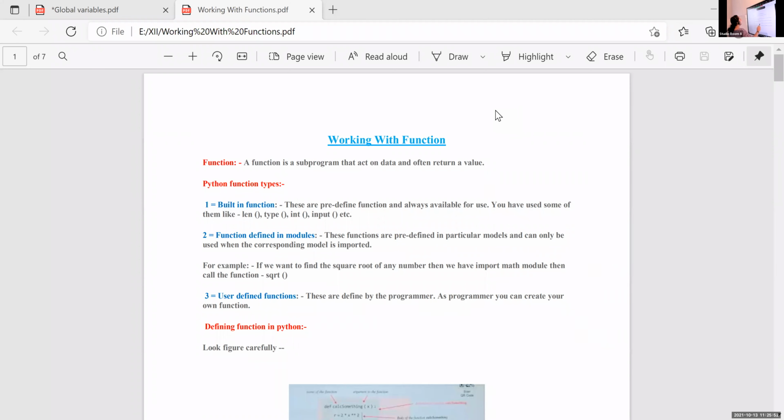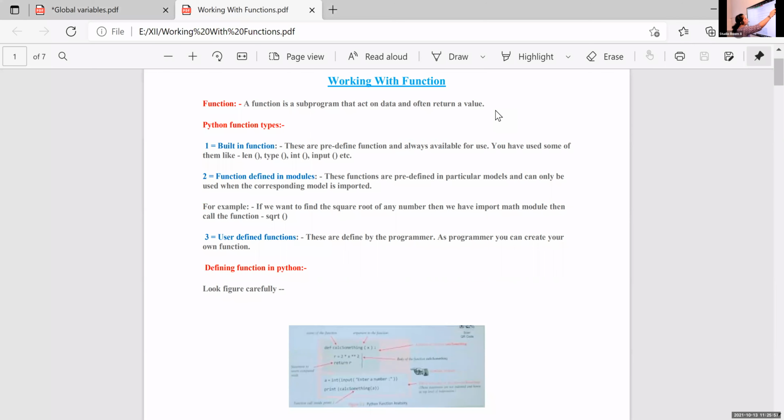So next chapter is working with function. This random and all these built-in functions are under this working with function. In this chapter we are discussing different types of functions like built-in functions. Under that built-in function category we include all the mathematical functions. I just discussed all these built-in functions like len, type, id, int, input, str, all the functions. So all those topics are under this working with function chapter.